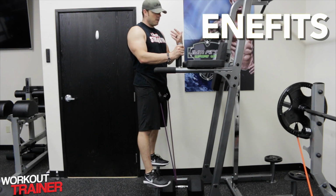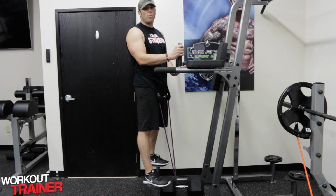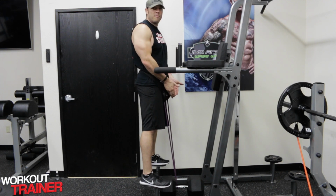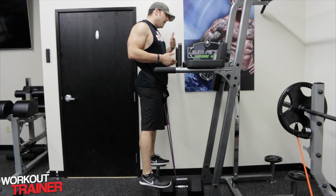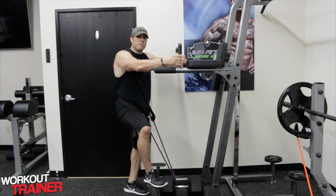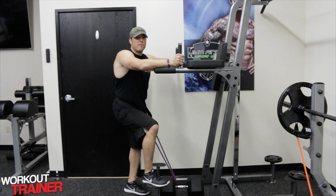Why don't we just do our own body weight? Why don't we hold a weight? Why don't we have a similar setup but have plates versus the bands? What you guys gotta understand about the bands versus free weight, I've said this before, the bands provide what's called,